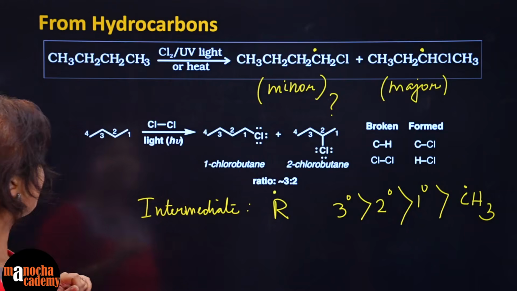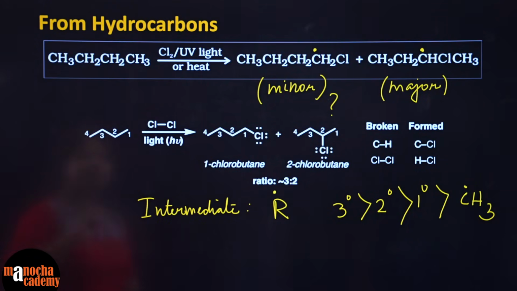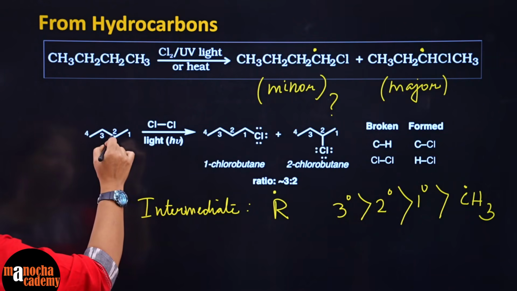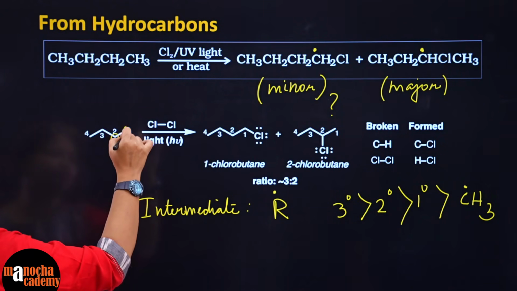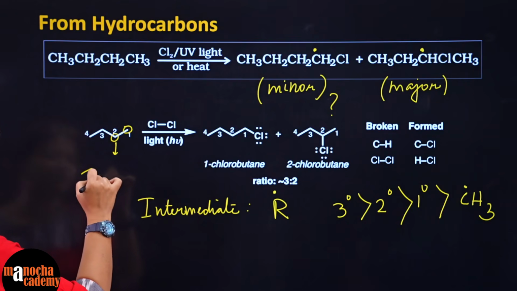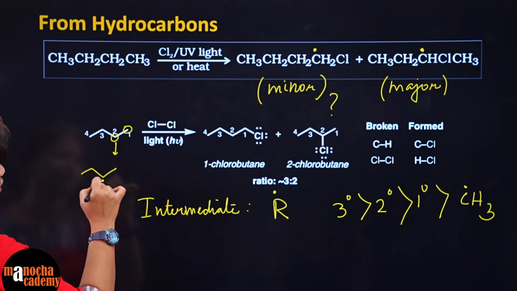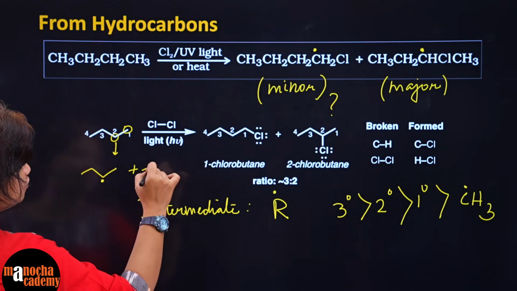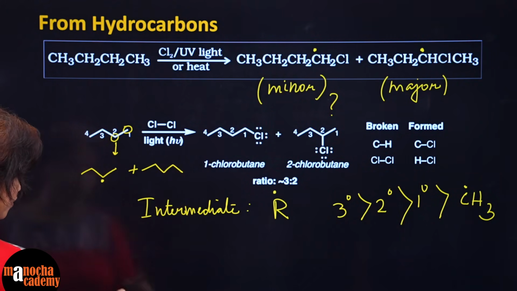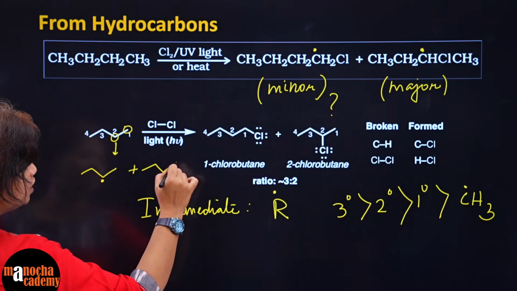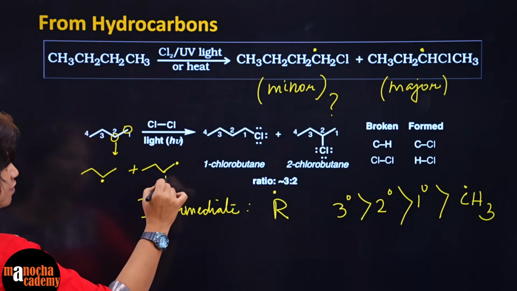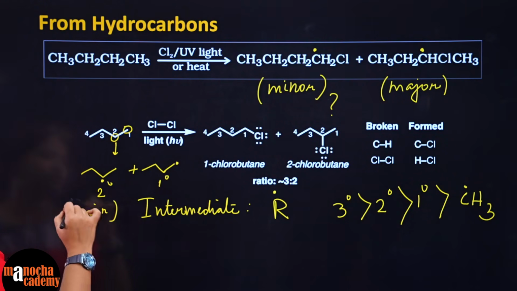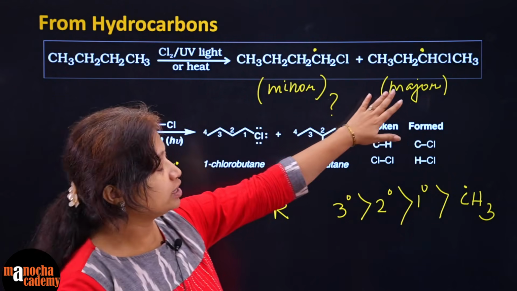Okay. Now here you see, again this is the same thing I showed in this manner. Here you have 2 position, 1 position. Accordingly, this forms the free radical here, a secondary one, or else another one is a free radical at 1, 2, 3, 4, or else it's formed here. And this is 1 degree, 2 degree, accordingly this is major, and accordingly you get this isomer as the major product.